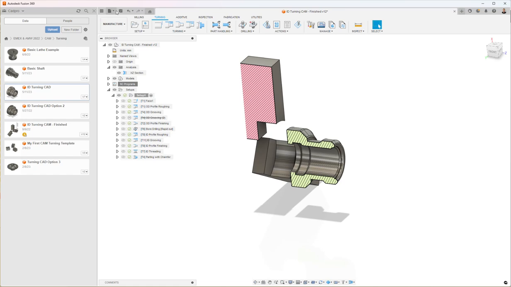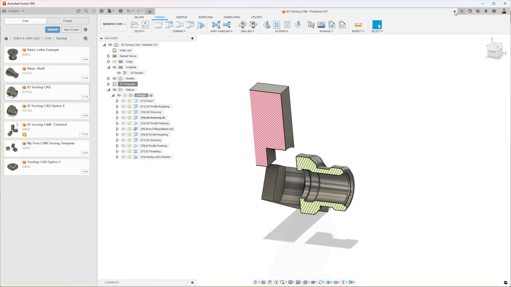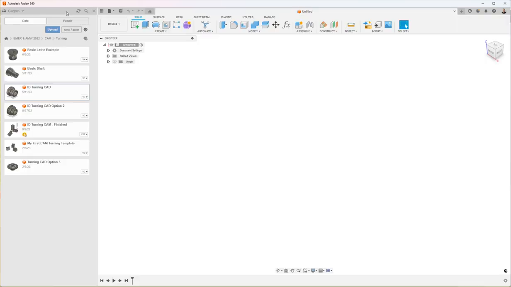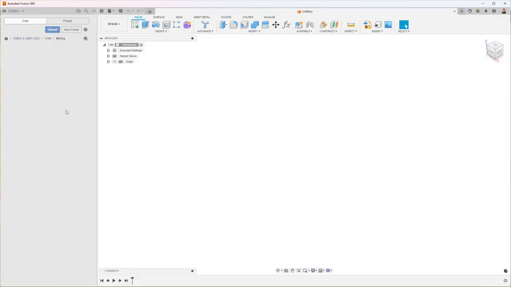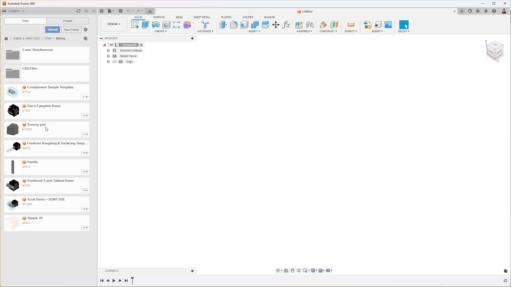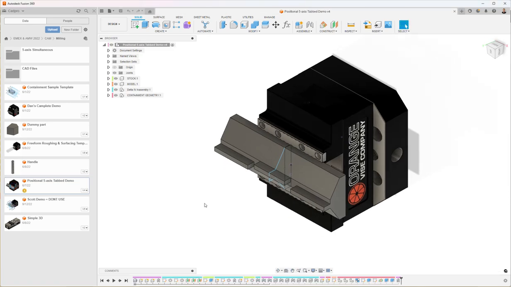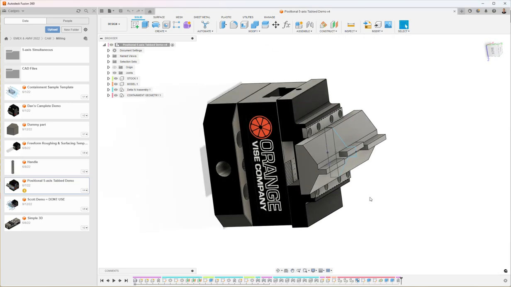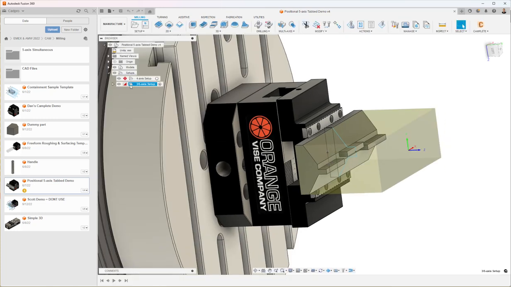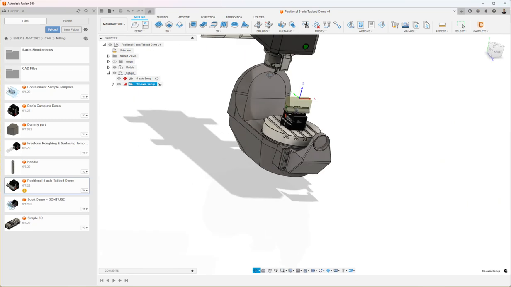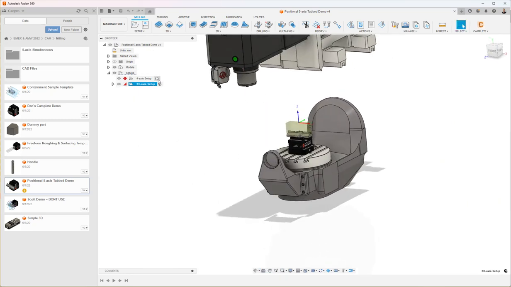One step I missed in that process is I need to save as and save it out as whatever the job is. Now it's the same process for milling as well, and I'll just open up an example here. I'll do this one here. Actually, yeah, I'll do this one here. I won't bother going through and putting the part in, but in manufacture we've got a 4-axis setup and a 3 or 5-axis setup,